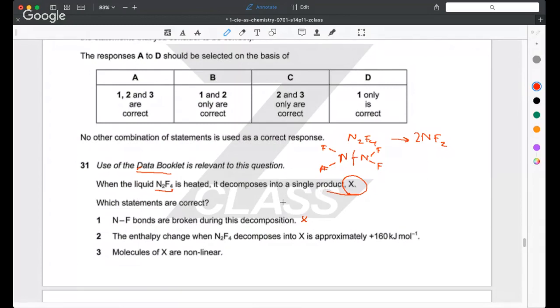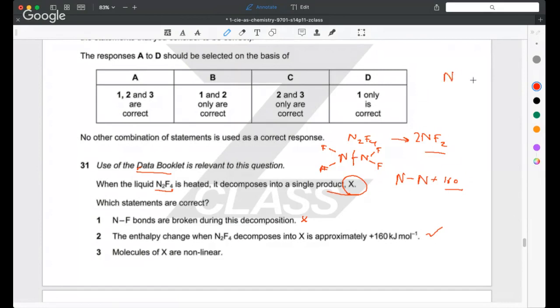Then if you look up in the data book, it tells you that the average bond enthalpy for a nitrogen to nitrogen bond is actually plus 160 kilojoules per mole. So you just look up in the data booklet, no nitrogen-fluorine bonds are breaking, it's a nitrogen-nitrogen bond that's breaking, and the data booklet has the value 160 for that. And then you just need to do a quick check: do you think that molecule is going to be non-linear? Well,